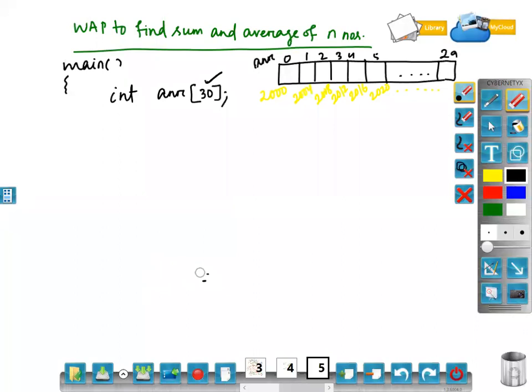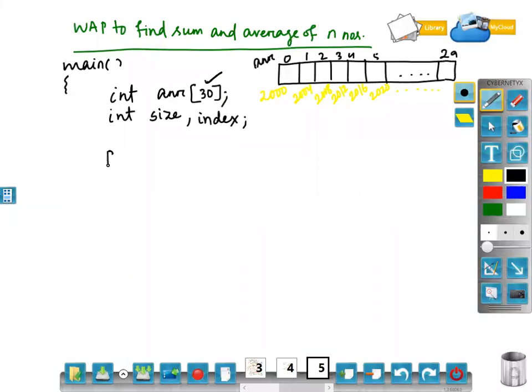So if I want to take the input from the user, I will store it in a variable. I am declaring a variable size. I know I have to do the operation with index.